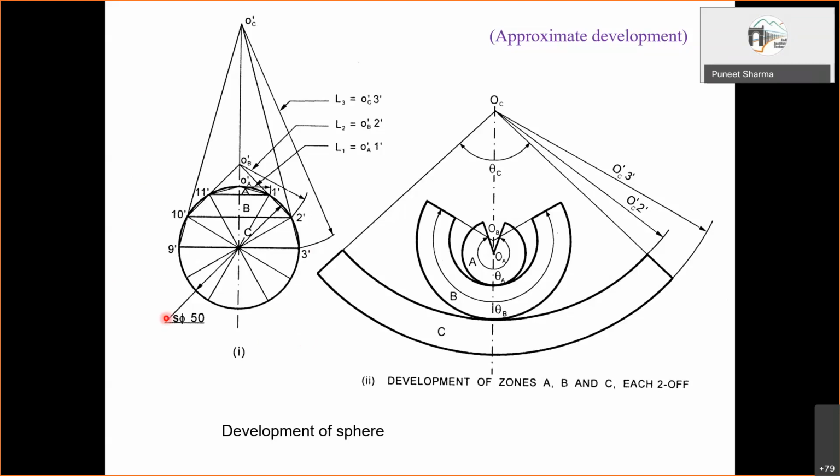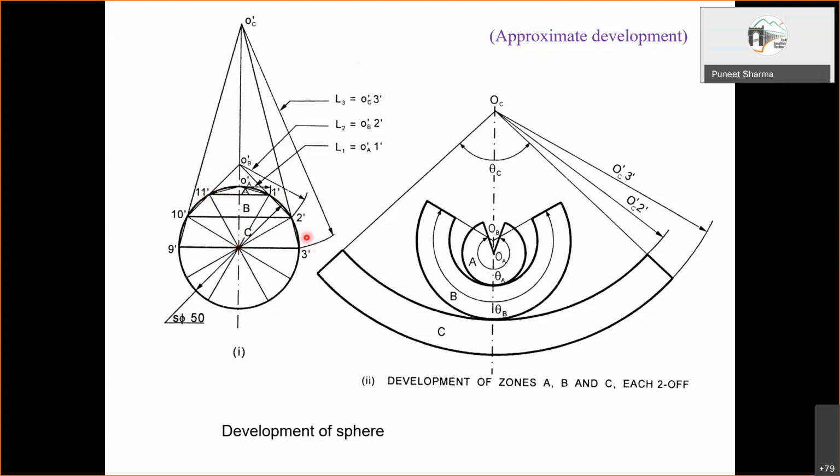So you see here, this is the total radial line. This is actually a simple circle, but it may represent, say, the front view of a sphere. If we draw a top view, again we'll have one more circle here, right? So suppose this is the front view of a sphere. Then you see what has been done here. This radial line from here up to here is divided into three different zones. One line is drawn here, so we have one zone here. Then from here to here we have the next zone, and from here to here the next zone.